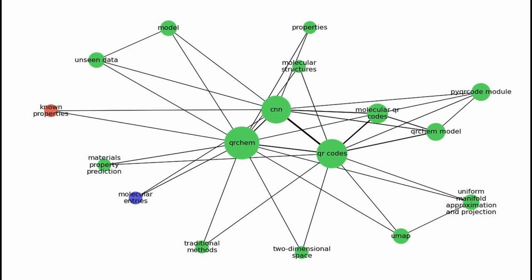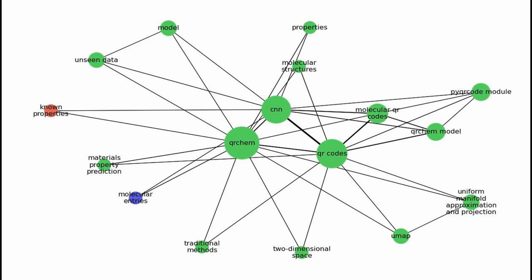The QRChEM model is specifically designed to utilize molecular QR codes by integrating the unique features of these codes into a convolutional deep neural network, CNN. Think of it like a recipe that combines special ingredients, the QR codes, into a dish, the CNN, that can effectively predict materials' properties. First, molecular QR codes are generated from the molecular structure using a tool called the PyQRCode module,